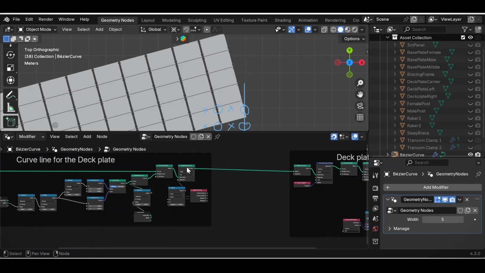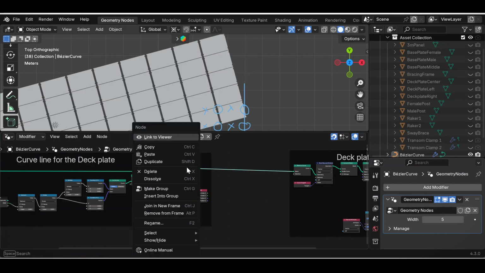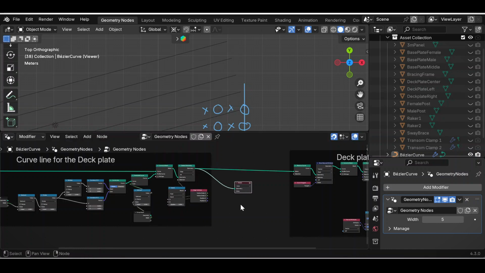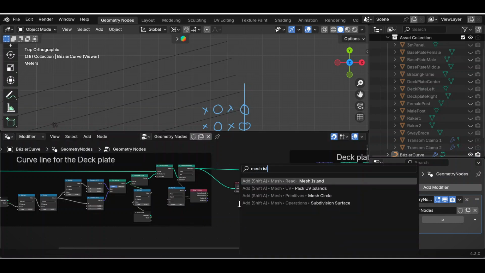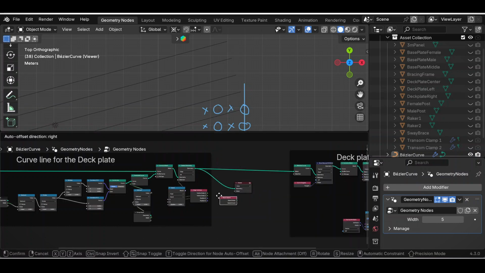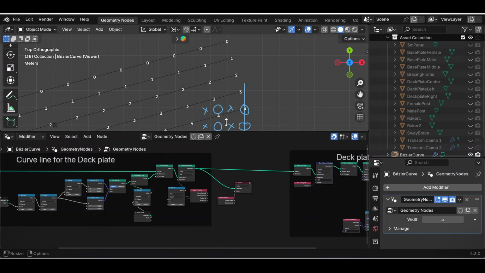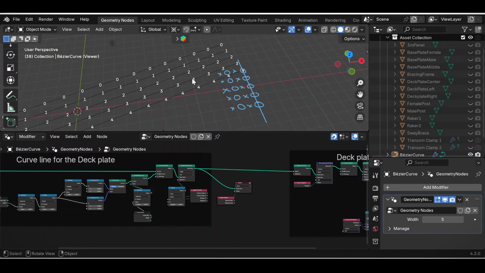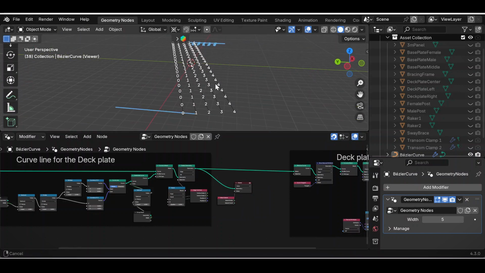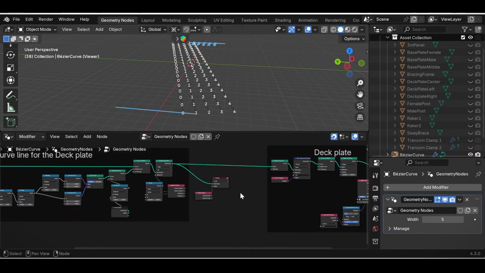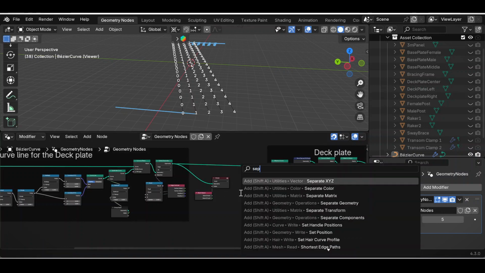Now I want to place the left deck plate. Let's right-click the Delete Geometry node, connect the mesh island. So we have curve 0, curve 1, curve 2, curve 3, and curve 4. Now curve 0 is the leftmost, so we will separate it with a separate geometry node and instance the left